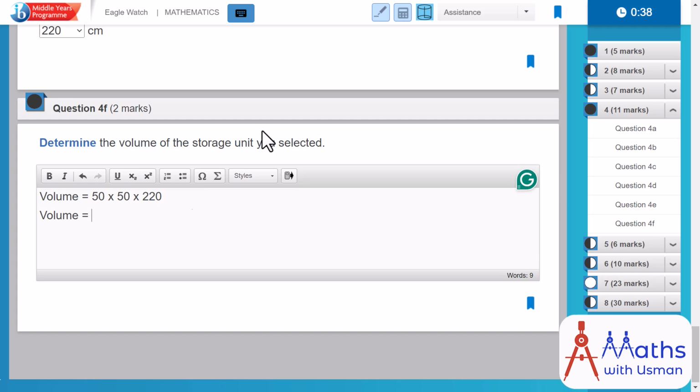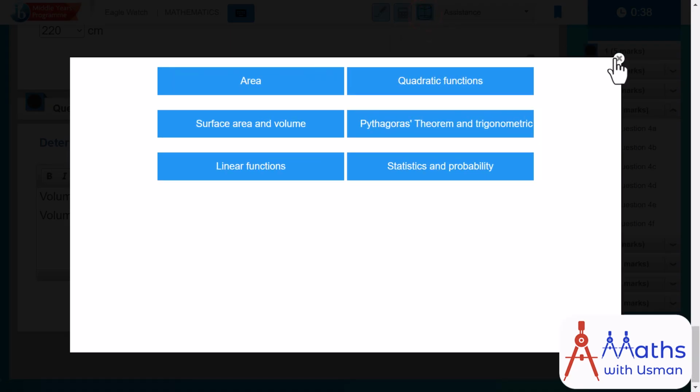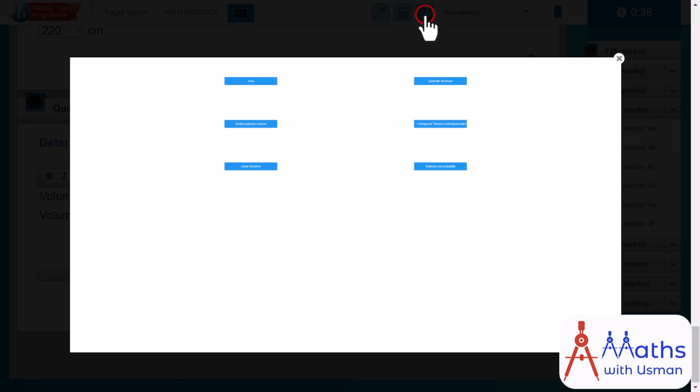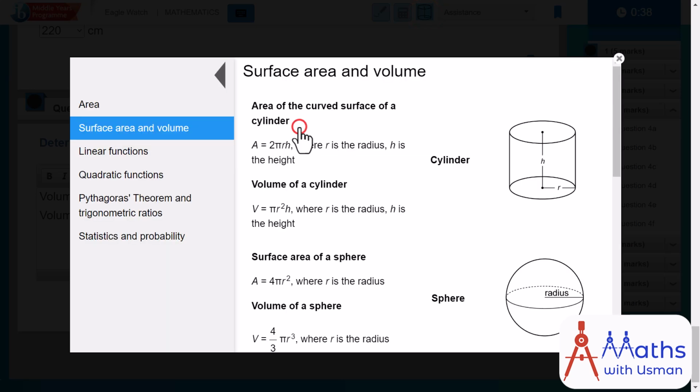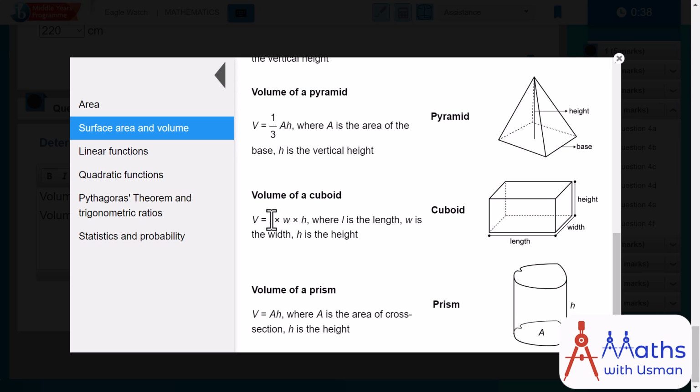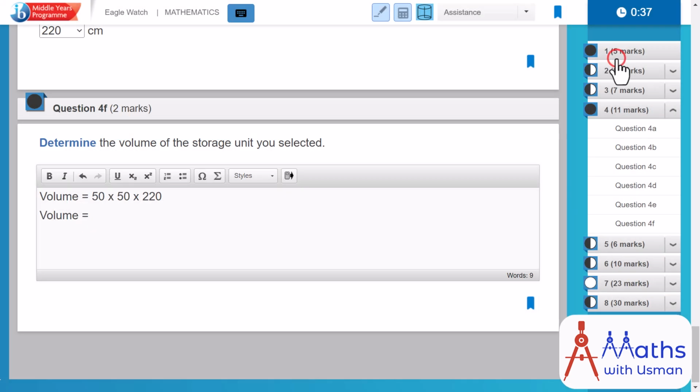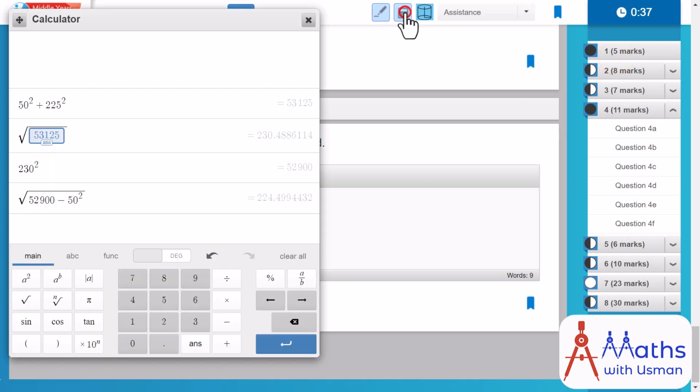and the volume is going to be equal to, let's jump into the calculator, not the formula sheet. I think the formula for a prism is also given and a cuboid is also given. It's really cool that we look into the formulas. So that is going to be a cuboid, length into width into height. We've used this exactly, and you can also think of it as a prism. It's the same thing. So looking at the calculator, we simply need to do 50 into 50.